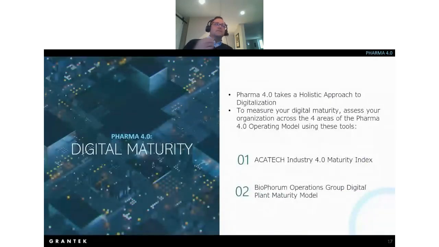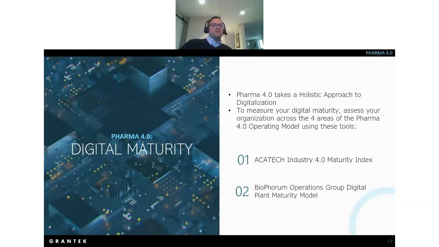Now let's dive into those two enablers from the Pharma 4.0 operating model. First, we'll talk through digital maturity. As the Pharma 4.0 operating model and the 12 theses make fairly clear, Pharma 4.0 takes a holistic approach to the implementation of digital technologies and a digital mindset within a pharmaceutical enterprise. This brings us to the concept of digital maturity, which is in essence a measurement of an organization's position along